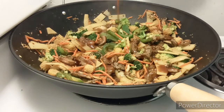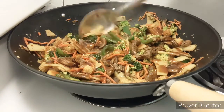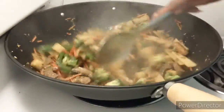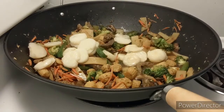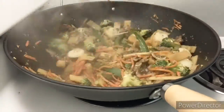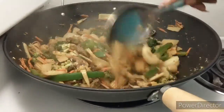So now is the hoisin sauce, which has, I don't even know what kind of flavor. It's a nice duck sauce kind of flavor. Not as sweet, but just as equally yummy. I really, really liked it. Last but not least, I wanted to add my water chestnuts because they're crunchy and I don't want to cook the crunch out of them. But I definitely want them to absorb all of those seasonings and sauces that I placed on the inside of